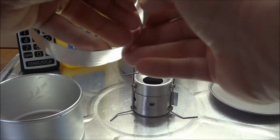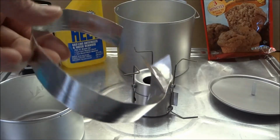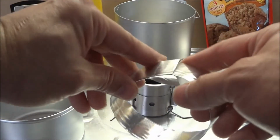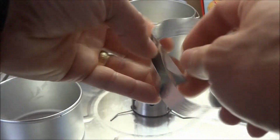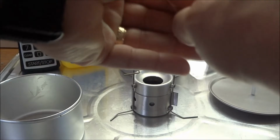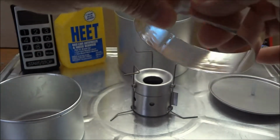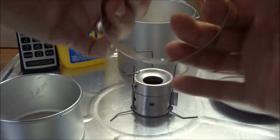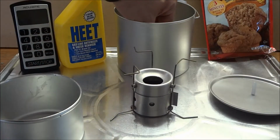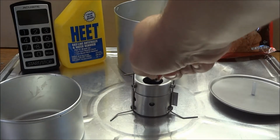It's just a piece of the foil liner. It's a 1.5 inch strip that I folded in half to 3/4 inch, and you just put it inside there like that, and fold it over, and that makes a nice little baking ring. It's very lightweight, and best of all, it's free. So we're going to drop that down in there. We'll light the stove,